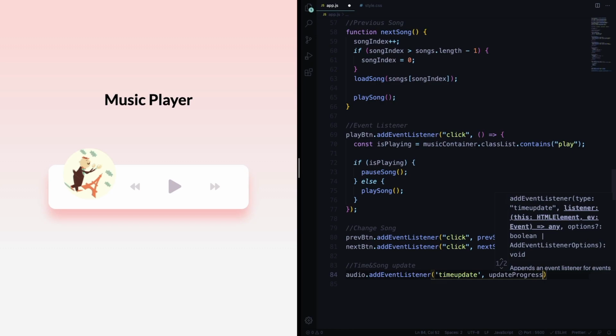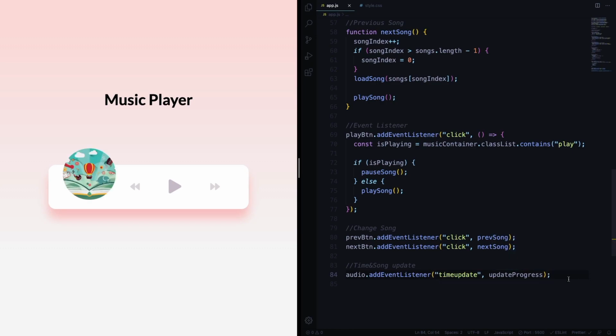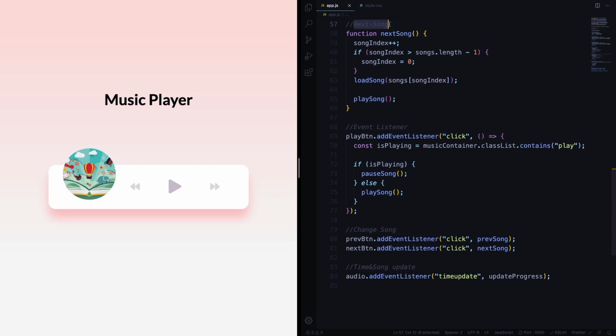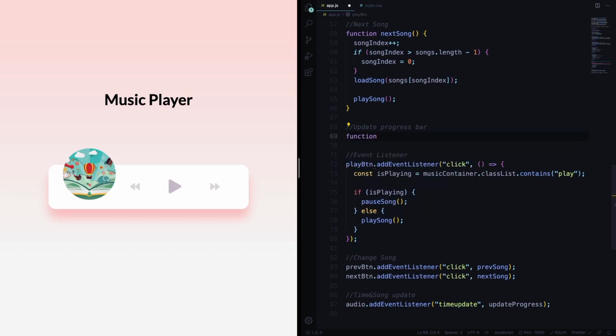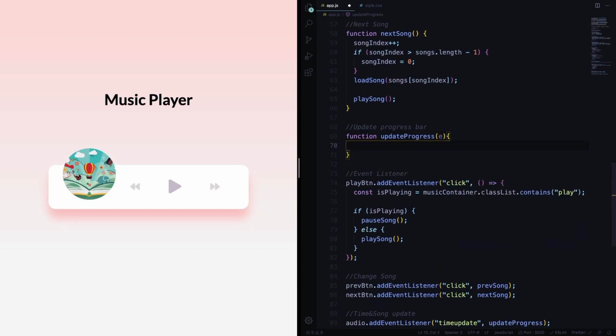So next, let's create that function, okay? All right, let's create that function, update progress. Let's create it down here, below next song, update progress, progress bar. Okay, let's create the function update progress. Let's take the event parameter